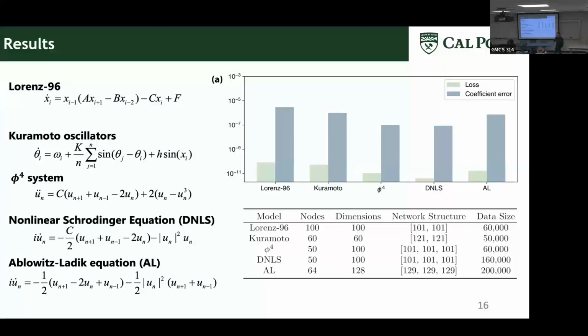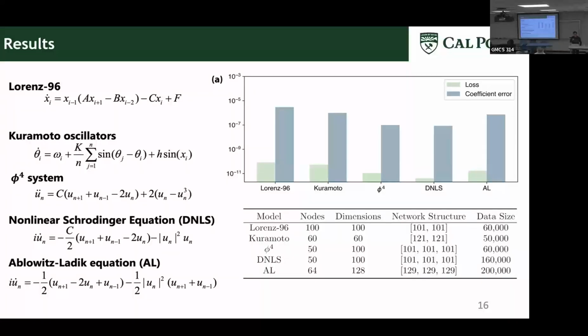For one system, we use periodic boundary conditions, and 5.4 here, periodic one I need to check, so one is the free. Okay, so DNLS and AO, I think they are free boundary conditions. So it could work with the free boundary condition, periodic boundary condition. I don't think the boundary condition itself could be a problem.